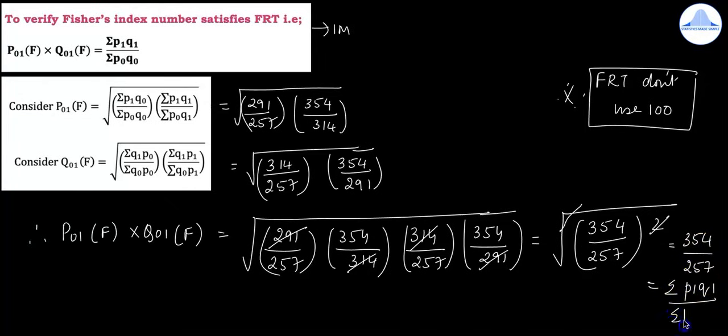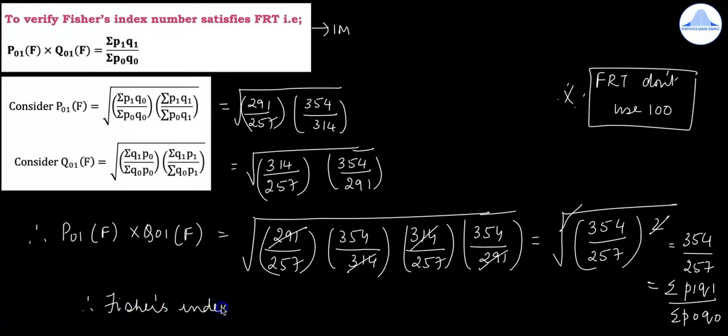It is summation P0 Q0. So we have got the result, that is P01 of F into Q01 of F is summation P1 Q1 by summation P0 Q0. So therefore